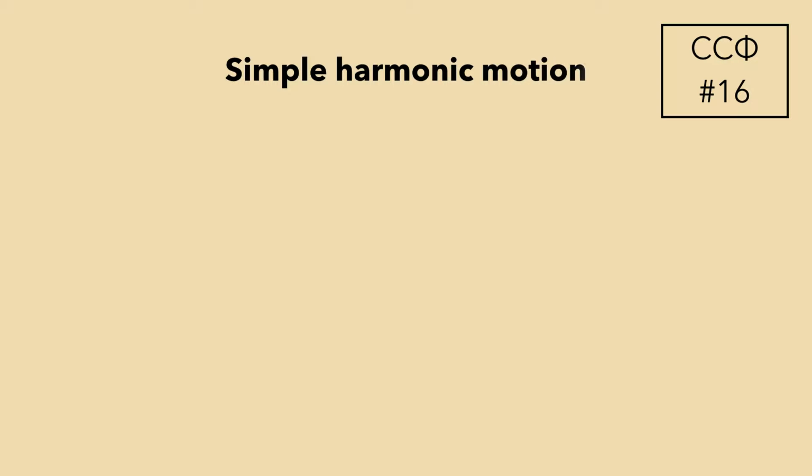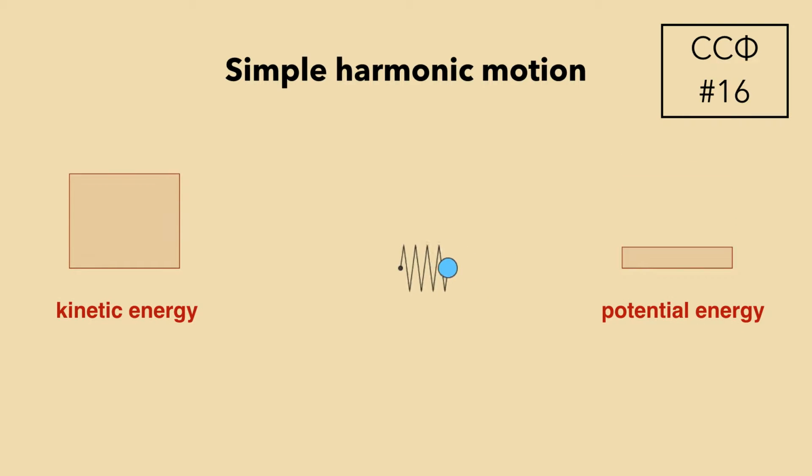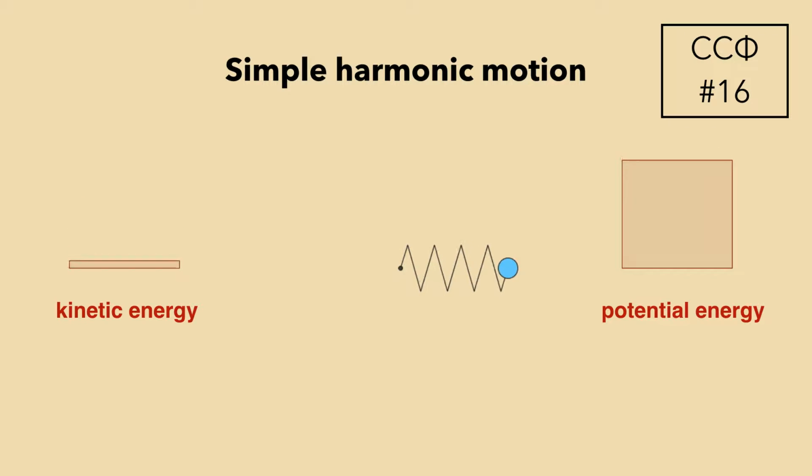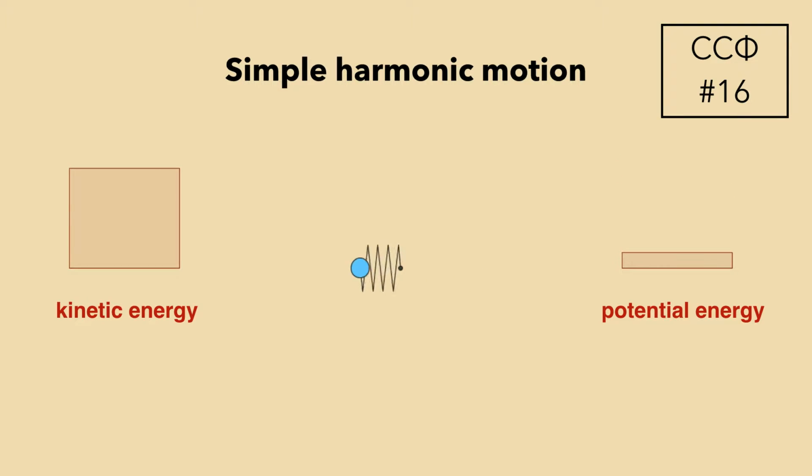Hi, this week's episode of Crash Course Physics was concerned with simple harmonic motion, aka a mass on a spring. Now, this is a very basic physical system that appears in one form or another all over physics. And already I made a little mistake in this animation because, of course, the mass is not oscillating around the